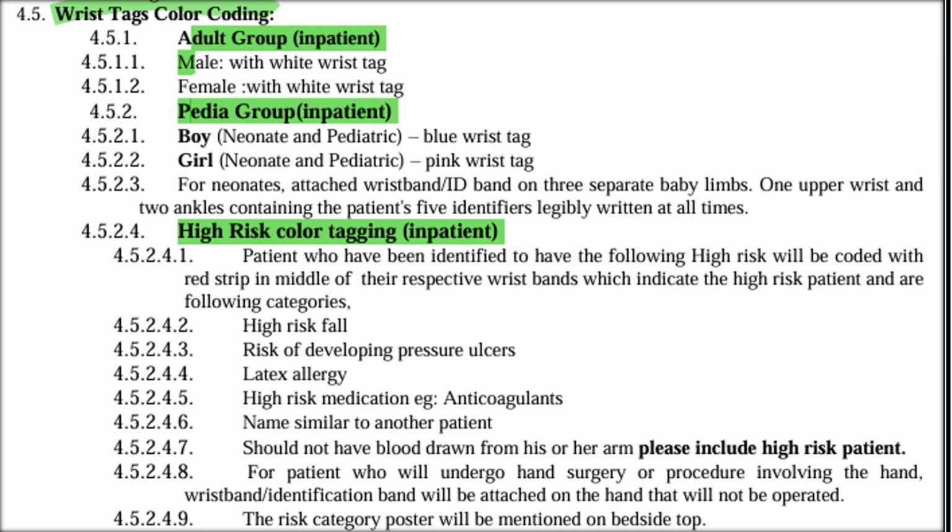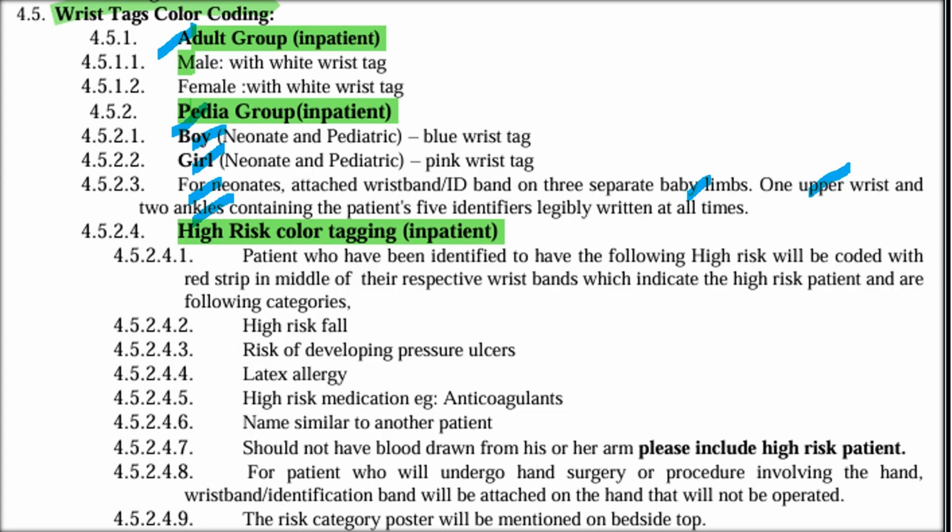Okay, now moving on to color category of the wrist tags. So according to our policy, it states that for the adult group inpatient, male and female, we use the white wrist tag. Now for pedi group inpatient, the boy, neonate and pediatric, we will use the blue wrist tag. For girl, neonate and pediatric, we use the pink wrist tag. Now for neonates, we have to attach the wrist tag or the ID band on 3 separate limbs. So 1 in the upper wrist and 2 ankles